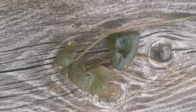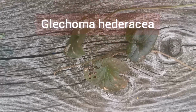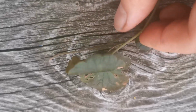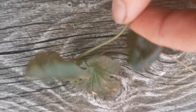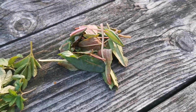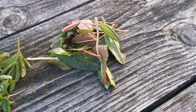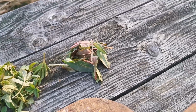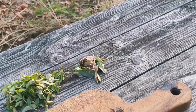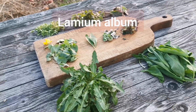Also in northwestern Germany, people use ground ivy for the 9 herb soup, but I didn't add it because this year spring is very late, and this is only what I found, old leaves from last year. And if you don't have 9 ingredients, you can add things from the garden like thyme or sage, so this would be 9. But according to another source from near Göttingen, people also used Lamium album, dead nettle, and they